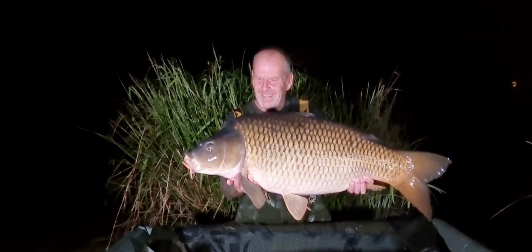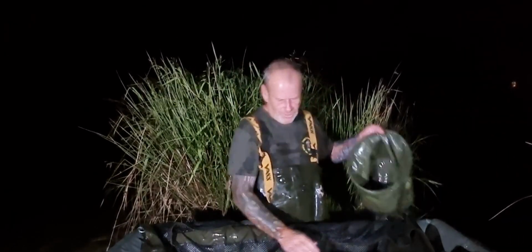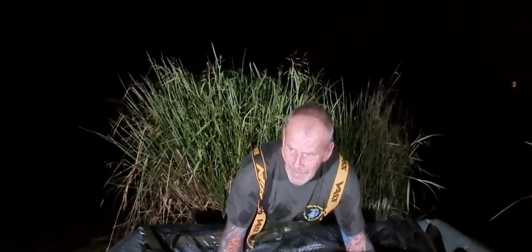That'll do. I'll just give her a quick turn round. Okay, we'll have a look at the other side now. And we can get her back. Starting to rain again, so I don't want to be too long. But yeah,